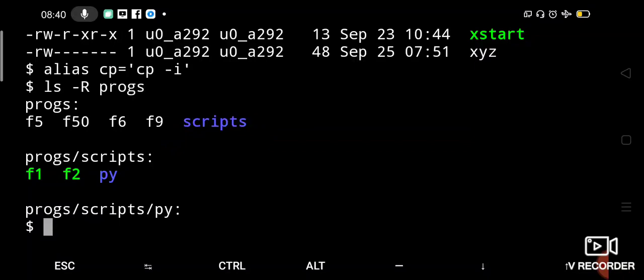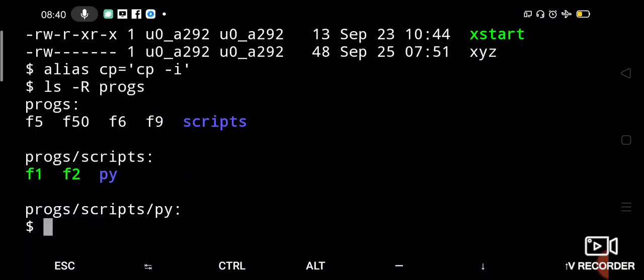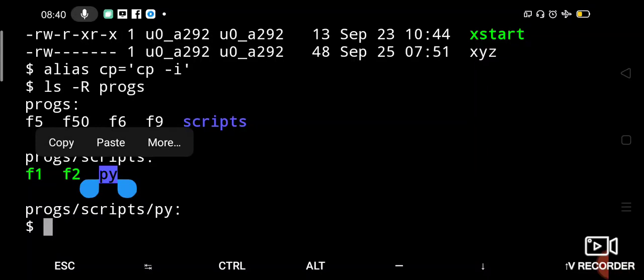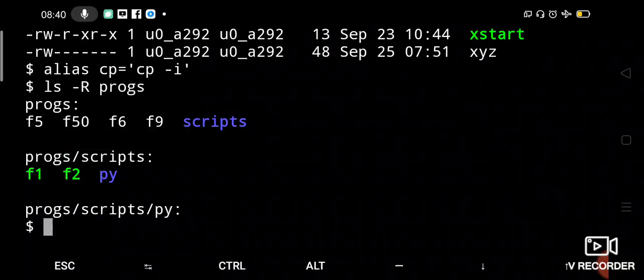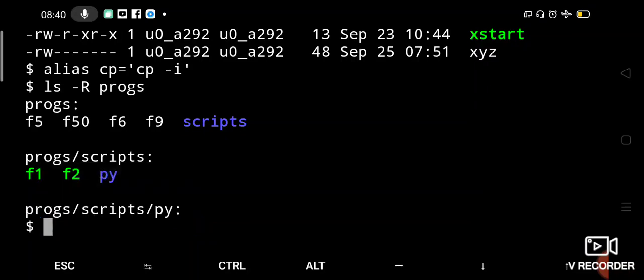That scripts directory in turn has f1, f2 files, which are executable files. You can see they are in green color, and another subdirectory called py, where I will store all my Python files, let us say. Under py we don't have anything. So this is the structure: under programs I have scripts, under scripts I have py.